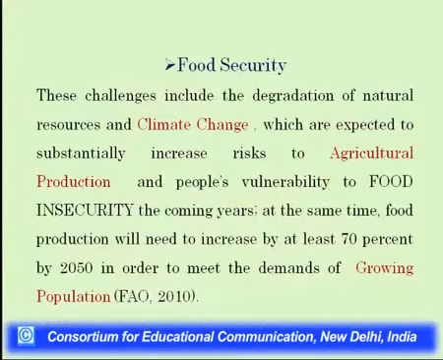These natural resource management had direct impact on the food security. The challenges include the degradation of natural resources, climate change. Means food security depends on the natural resource management,